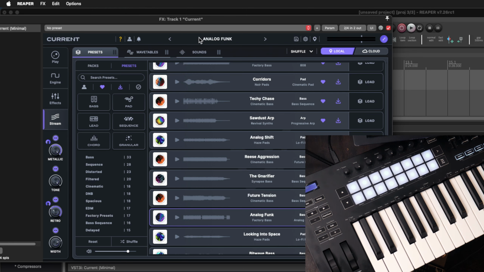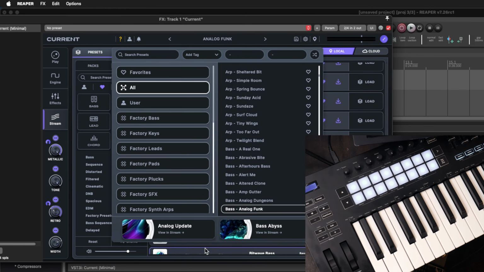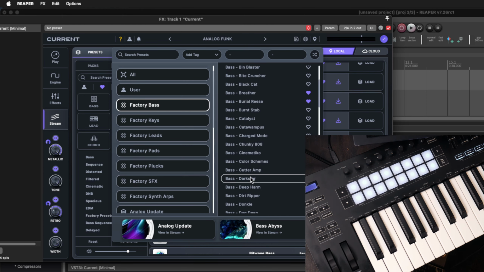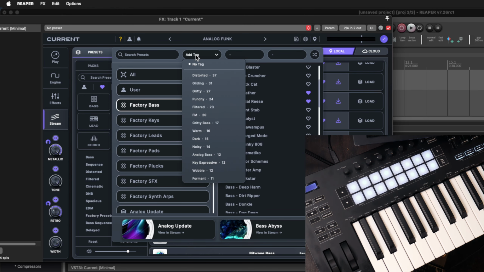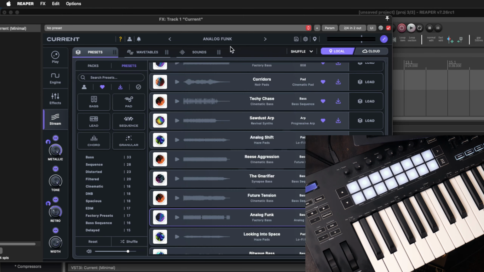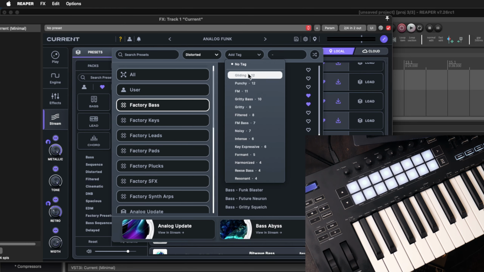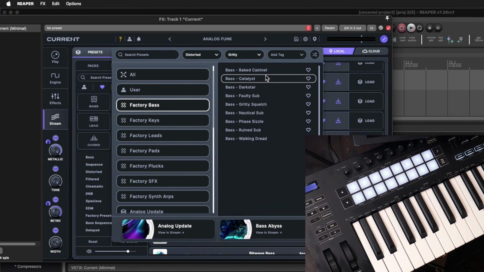In addition to the stream page, there's also this sort of standard preset list up at the top, and you can sort by category. You can see which ones are favorited or not. You can view the tags, distortion and gritty, and